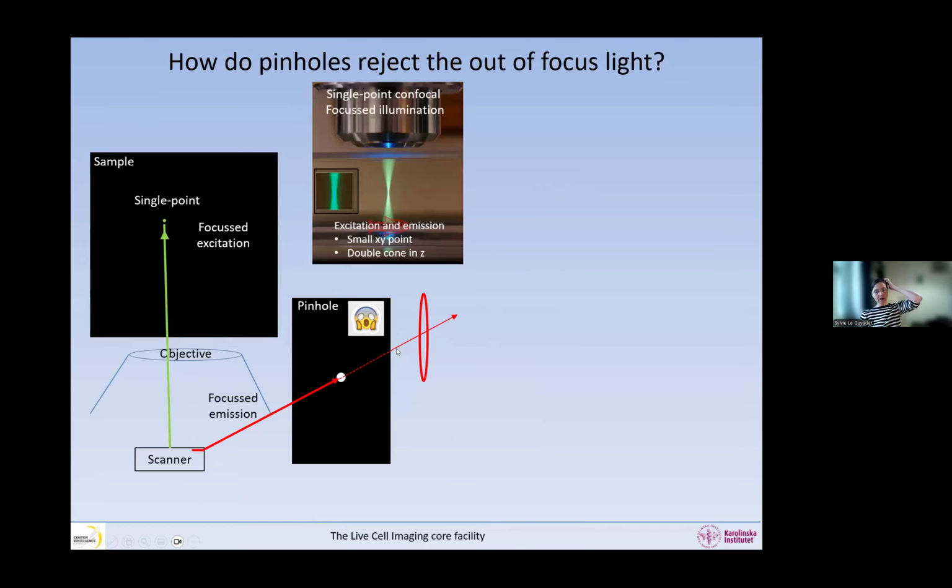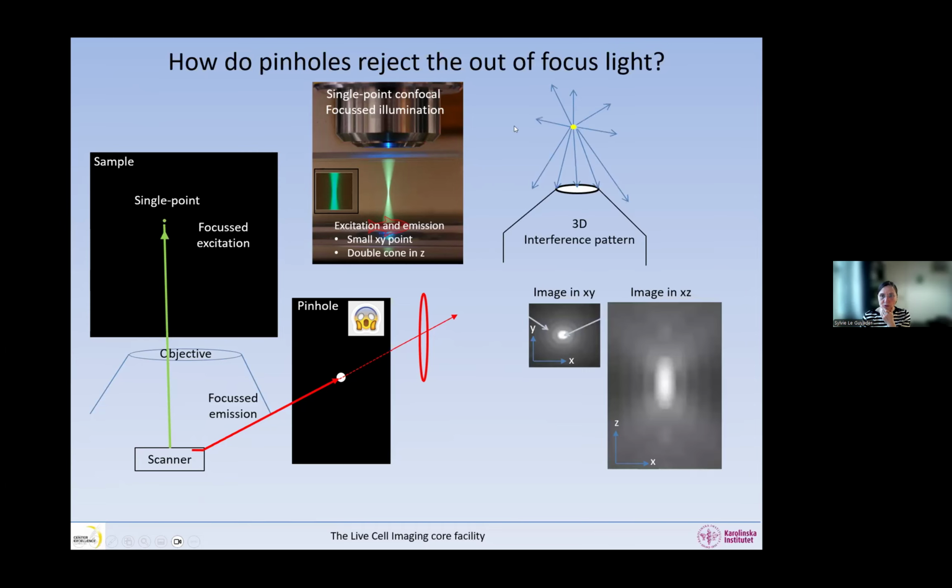So how does that work? We have the pinhole that rejects the out of focus light. Why does it do that, and how does it do that? I remind you that when a fluorophore is a light source and it's excited, it emits light in all directions, and only part of this light makes it into the objective, and that is limited by the aperture of the objective. So the light goes into the objective, and thanks to diffraction and interference at the final image